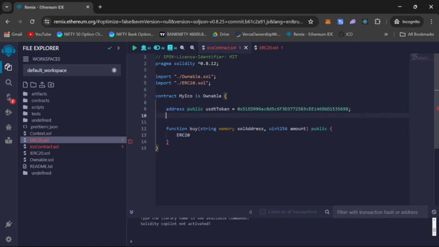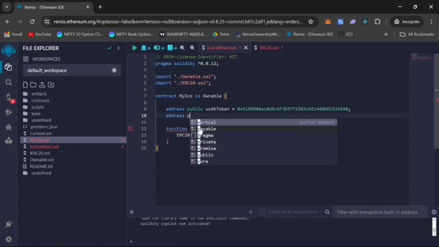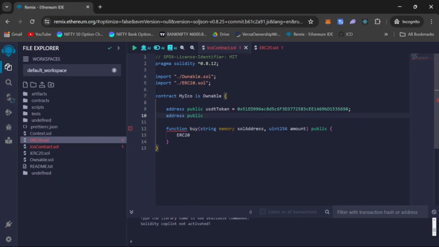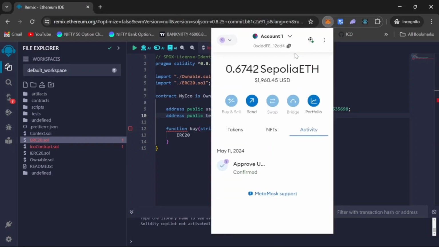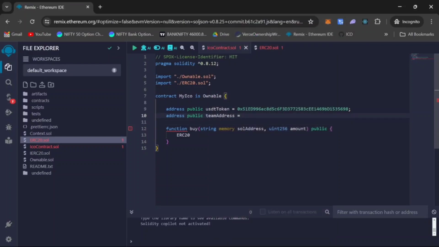If we give it like this way, address public, you can name it team address equal to the address of yours. So I will give it this address for now. So if I give it this address here,